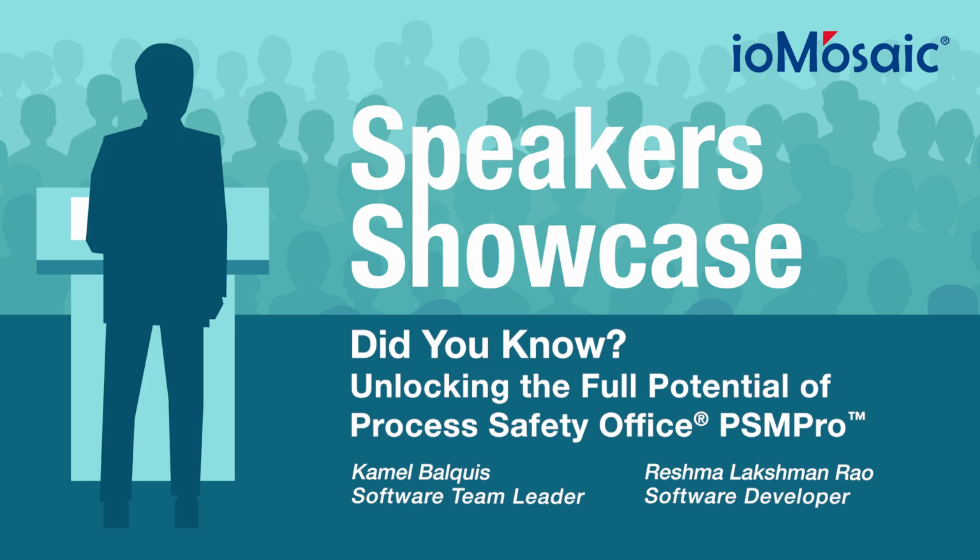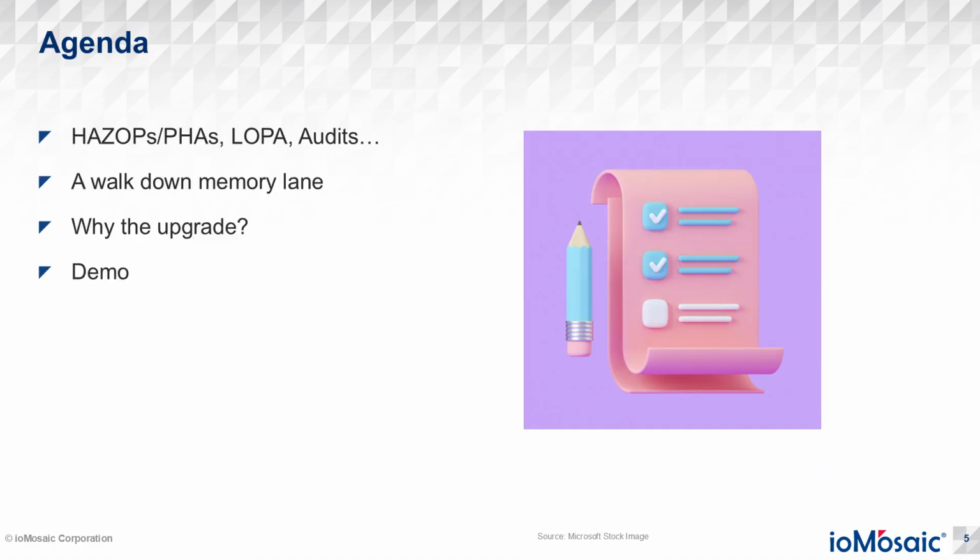We're going to talk briefly about HAZOPs, LOPA, and audits, and why we need them. A brief history on HAZ Optimizer, PHA Global, and PSMPro, why we're doing the upgrade, and then we jump straight